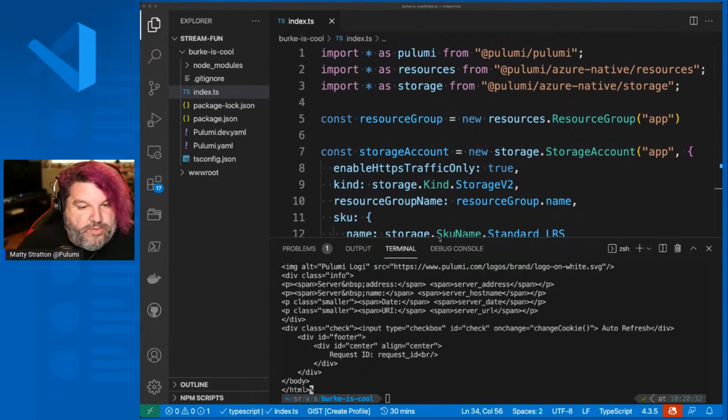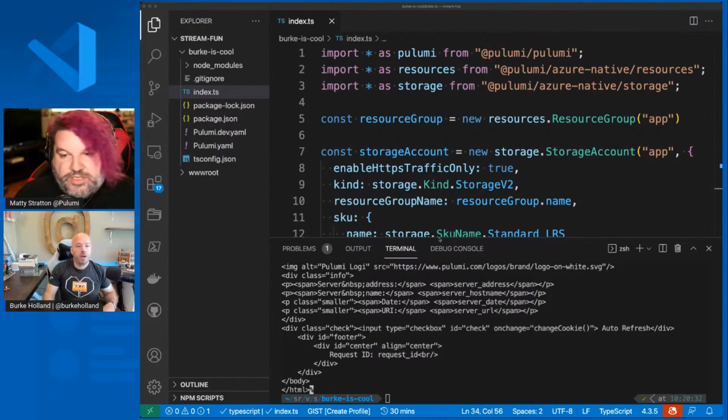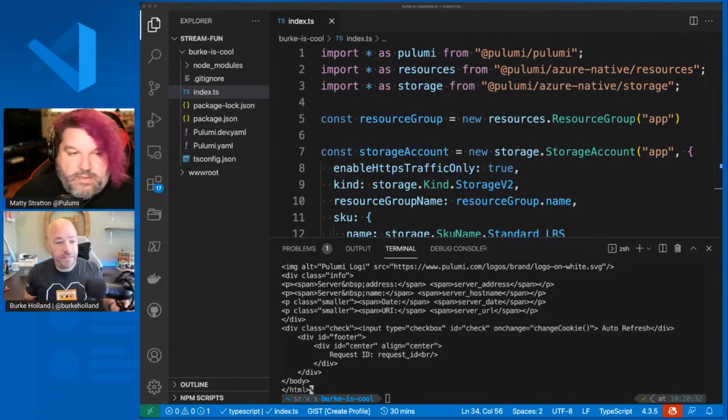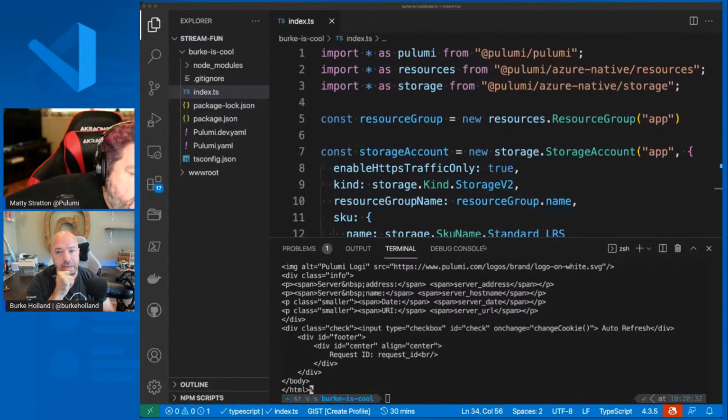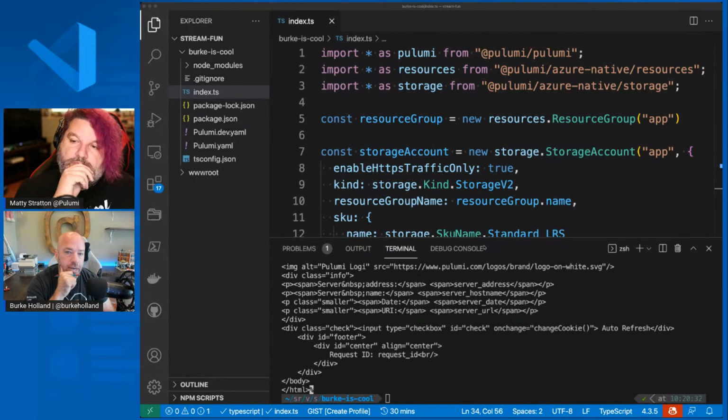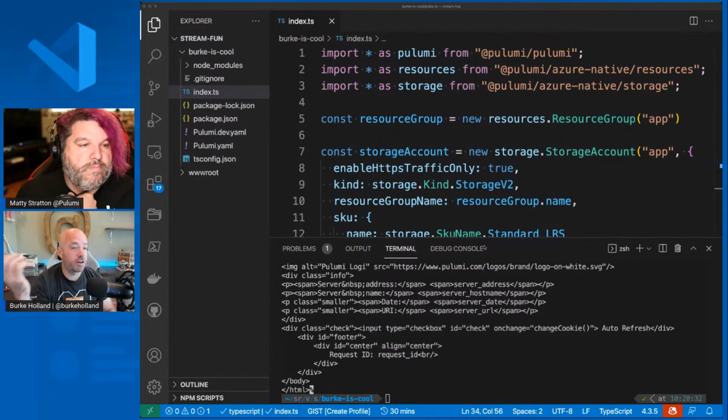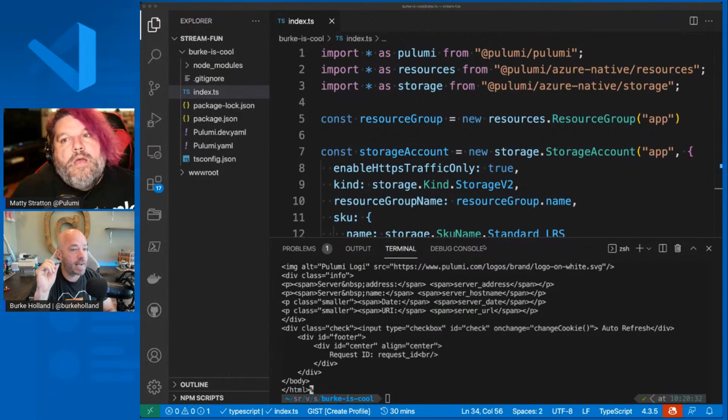So Burke, anything jumping out to you? Questions? So this is quite fascinating, Matty. One of the things that's jumping out to me as you go along is that you have to know quite a bit about Azure to do this, right? Like you have to know about resource groups, about standard LRS storage, about storage SKUs. There's a lot of the Azure-specific minutia that seeps through into what you're doing here. But I suppose that is just standard for working with clouds, right? There's not an abstraction or...